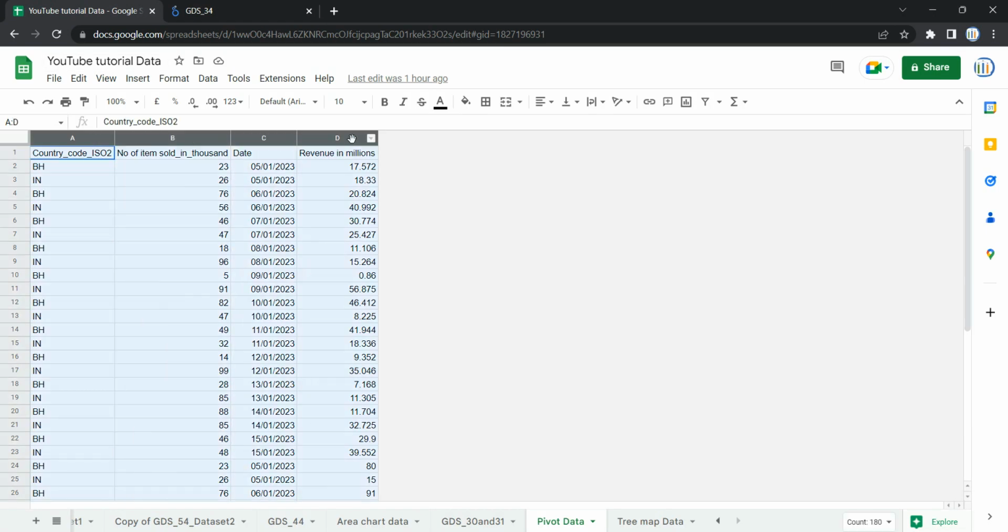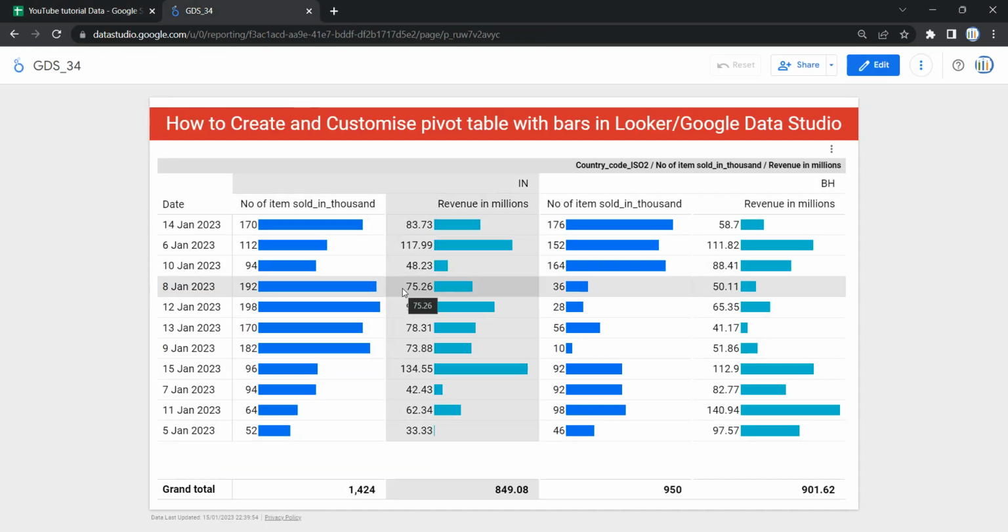So I have country code, number of items sold, date and revenue in millions. So this is a raw data. From this raw data, it's very difficult to understand a pattern or recognize a relationship. But if you see this pivot table, what this pivot table has done is that it simply